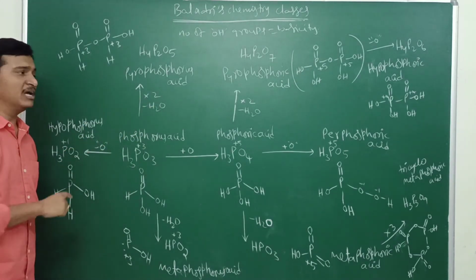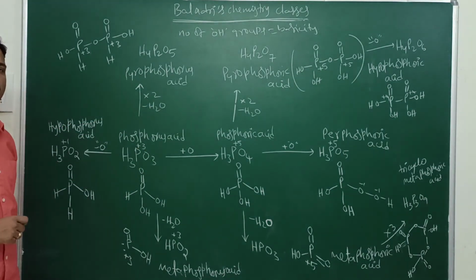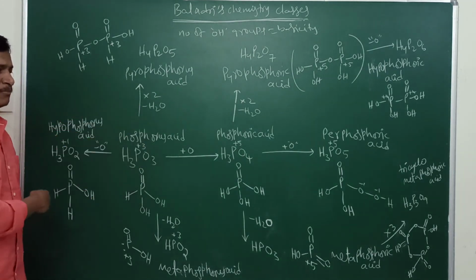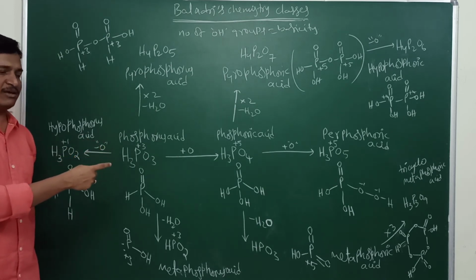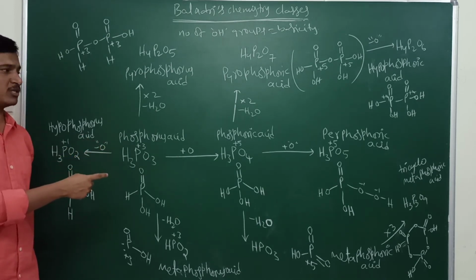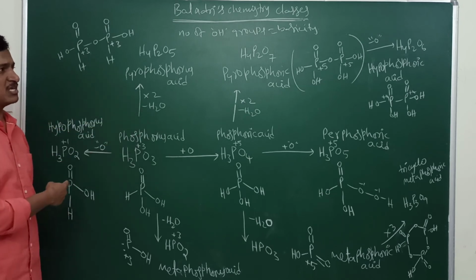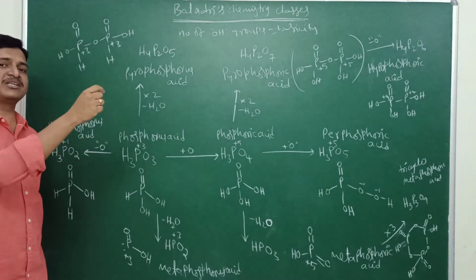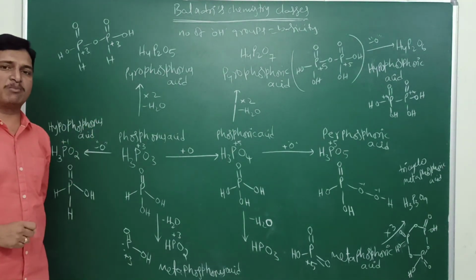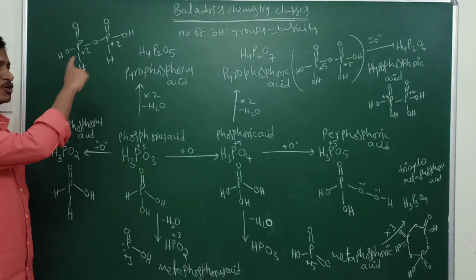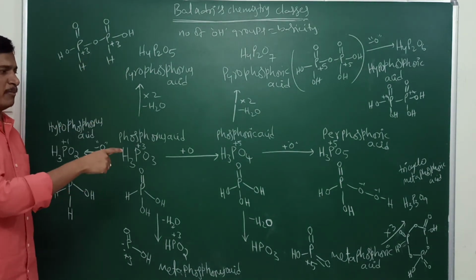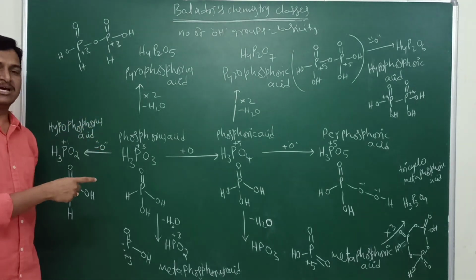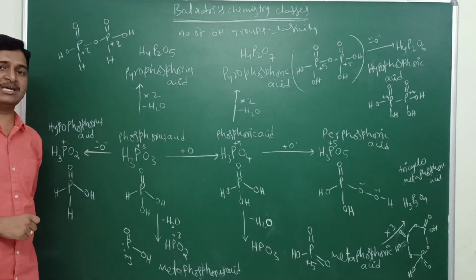Most of the times we will get questions based on these phosphorus oxyacids' basicities and oxidation states. So in this way we can remember. Hope you understood very well about the oxyacids of phosphorus. They are very important. We can easily remember that with increasing number of P-OH bonds, oxidizing nature increases, and with increasing number of P-H bonds, reducing nature increases. There are total 10 oxyacids. So how many are monobasic, dibasic, tribasic, and tetrabasic? You can concentrate here. In this way you can try to remember these phosphorus oxyacids.